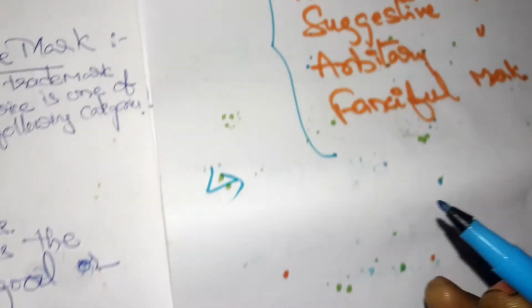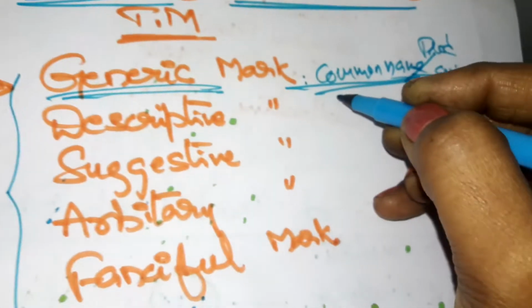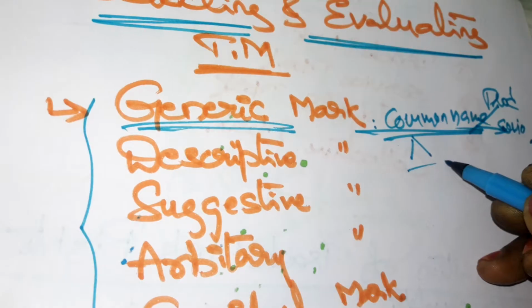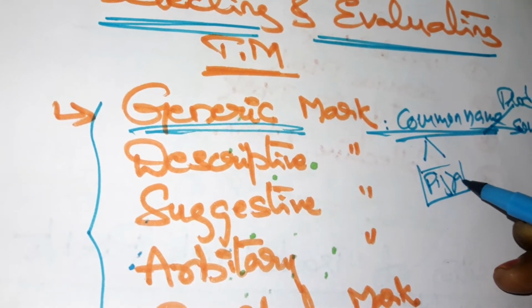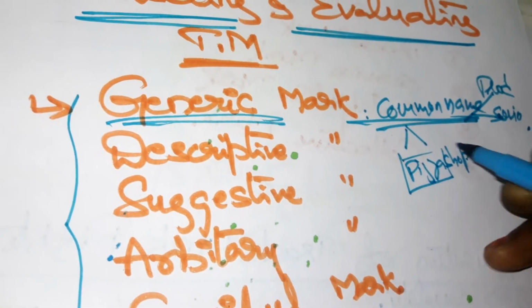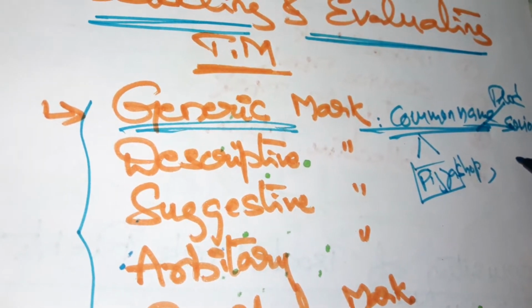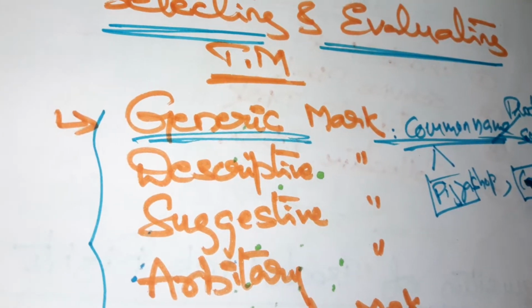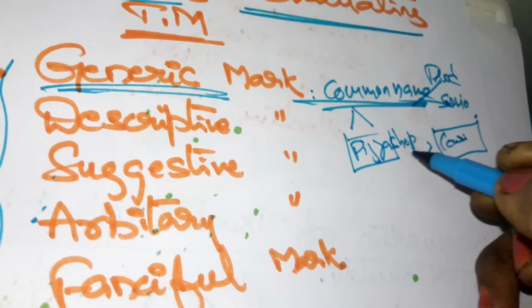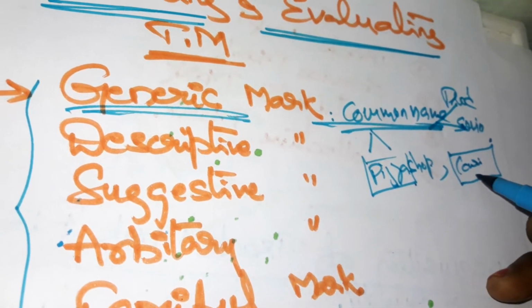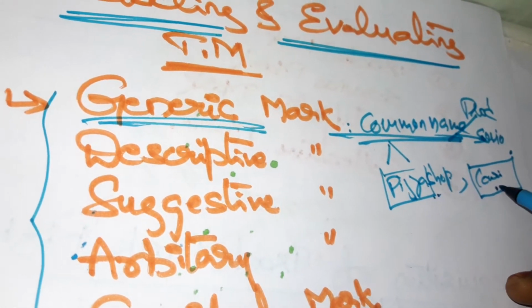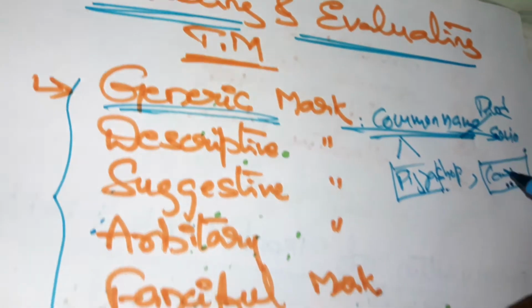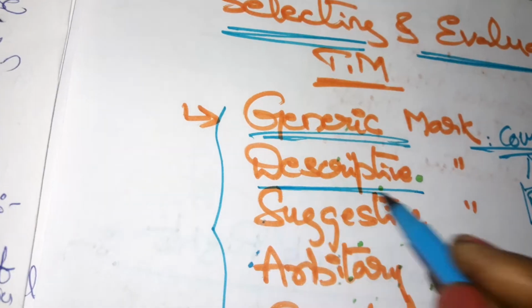So for generic mark examples, for a pizza shop, the name itself you can mention as pizza shop. This is nothing but a generic common name. For example, for courier services, you can mention only the name itself, courier service or delivery services, like that. So generic mark is nothing but a common name for products or services, and this generic name cannot be protected as a trademark. Next one, descriptive mark.